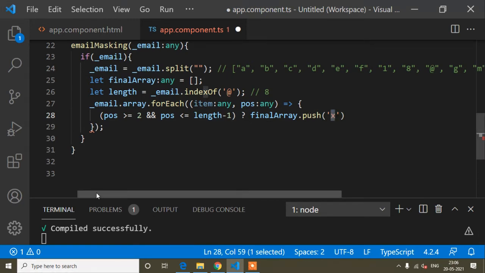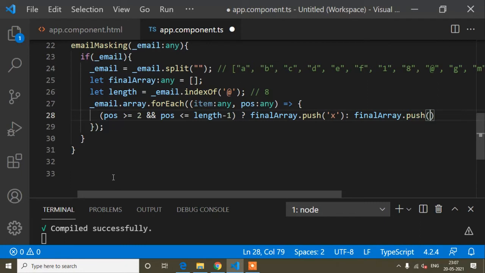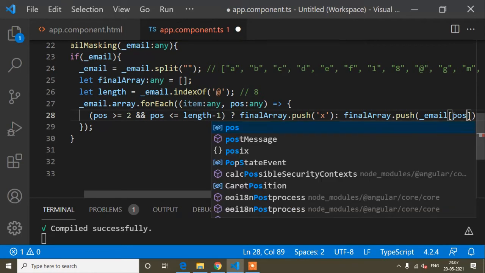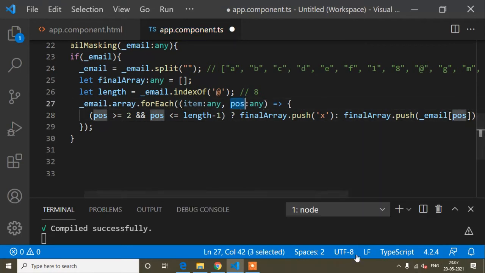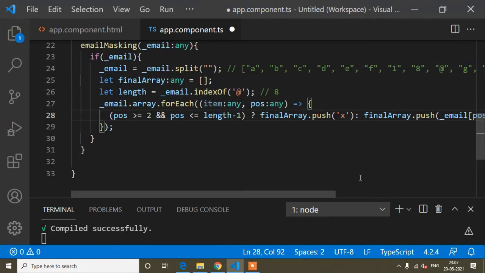Then after that I write a colon, and then again finalArray.push, and I will push this email variable at this position. I will copy this one, the email variable's position. I hope you have understood the syntax, and then I will explain why I have written this.